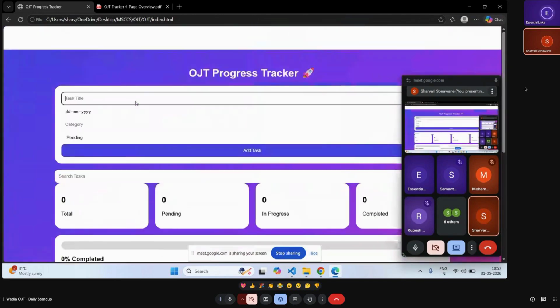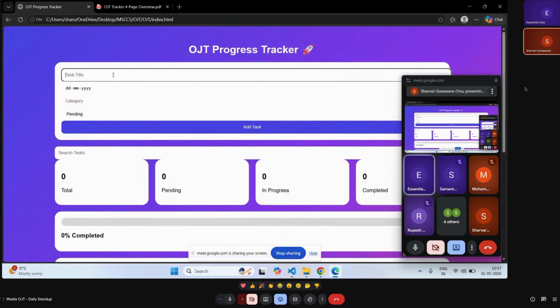So what were your learnings? Sir, through this project, I learned front-end and back-end integration, MongoDB connectivity, API handling, and debugging. Just walk me through the implementation of the add task API.